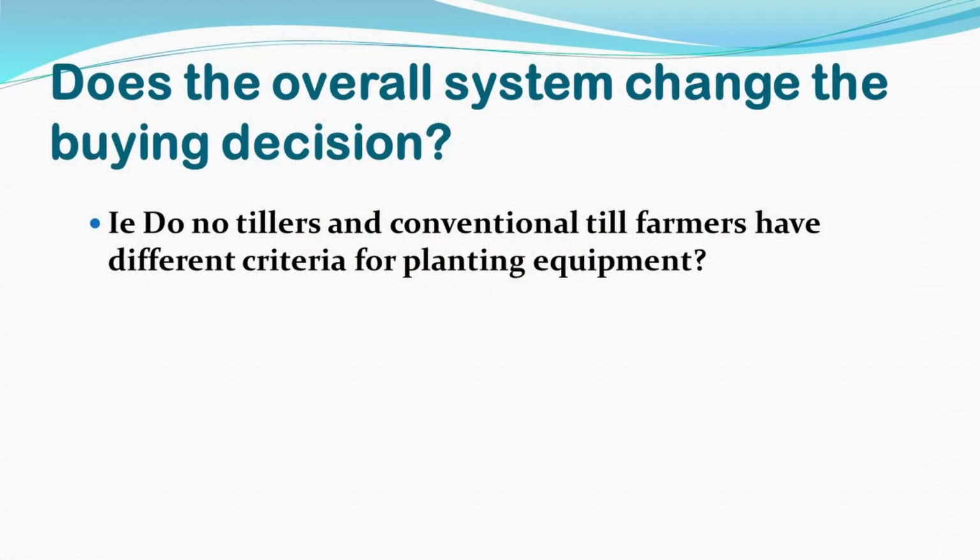Does the type of system change that buying decision on a planter or a drill? From the standpoint, if you guys were not no-tillers, could you have bought a different planter? Yes, sure. So what is the difference between those two planters, between conventional and no-till system? Well,